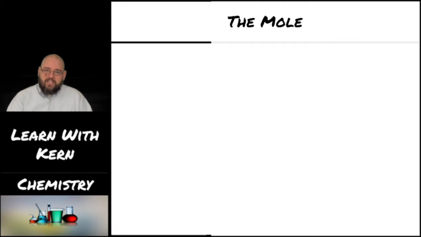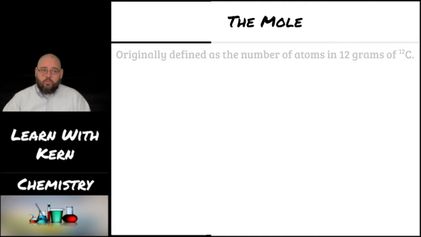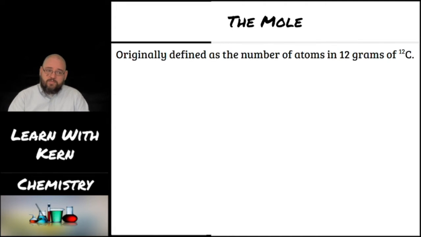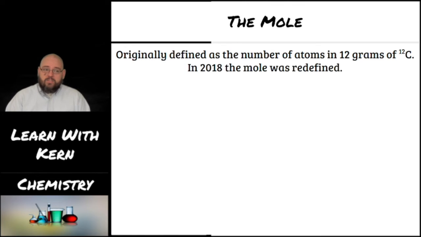So where did the idea of a mole come from? Well, originally, the mole was defined as the number of atoms in 12 grams of carbon-12, the isotope of carbon that has 12 protons, or 6 protons and 6 neutrons, and has an atomic mass of 12. That is the originally defined 12 grams of carbon-12. Well, in 2018, the scientific world was in the process of redefining a lot of the SI units that we use, and they